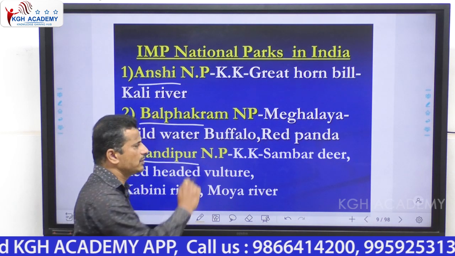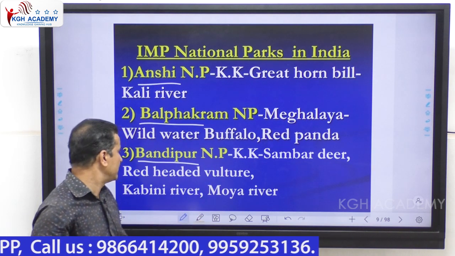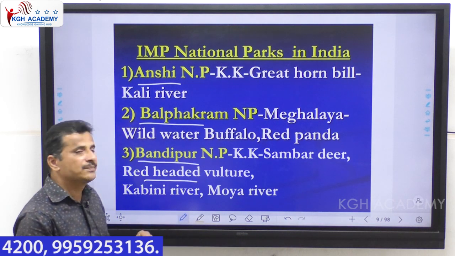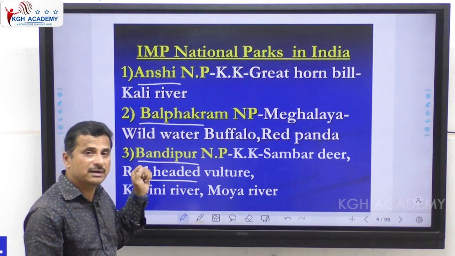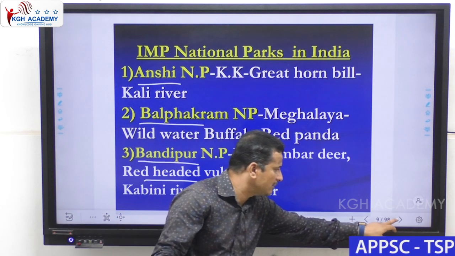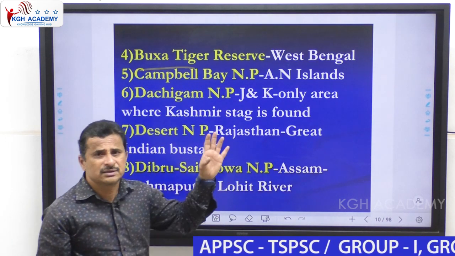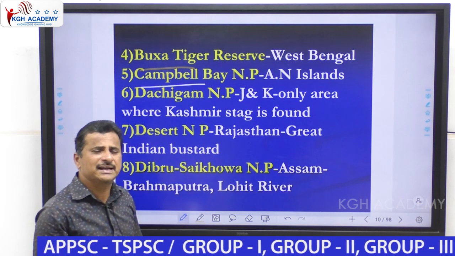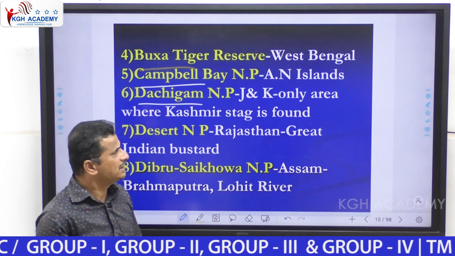Next, Bandipur National Park, Karnataka. The main animals are sambar deer and red-headed vulture, and the Kabini River and Moyar River flow through this Bandipur National Park. Next, Buxa Tiger Reserve is present in West Bengal. Next, Campbell Bay National Park is present in the Andaman and Nicobar Islands, and Dachigam National Park is present in Jammu and